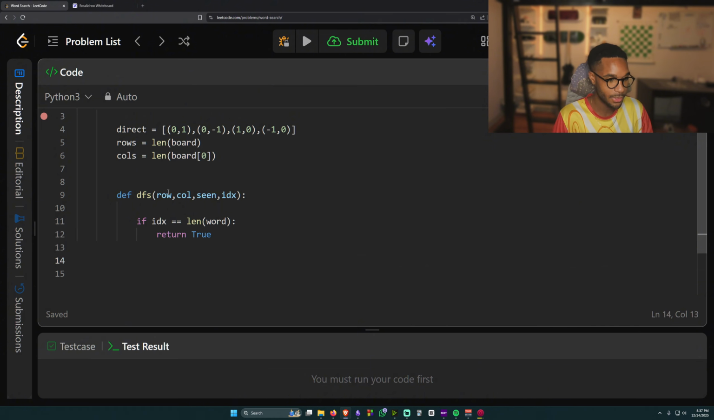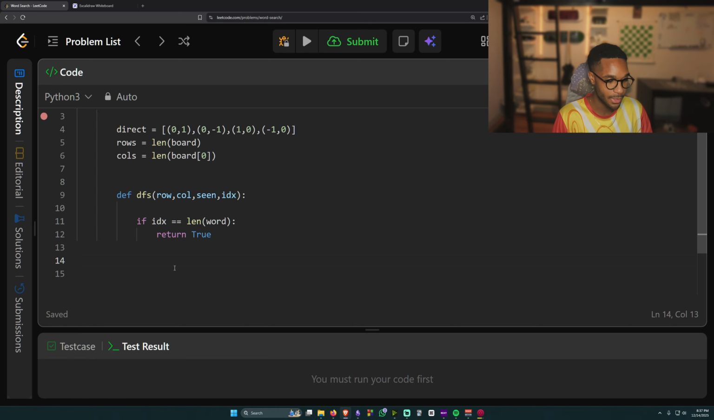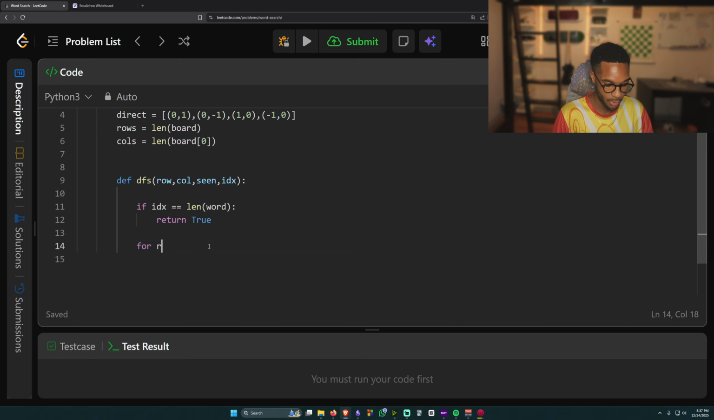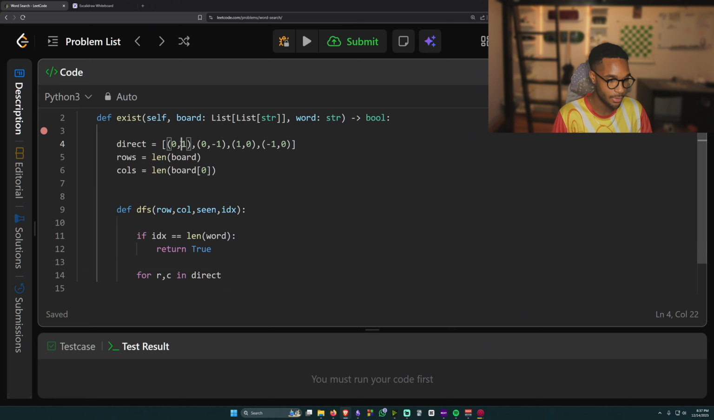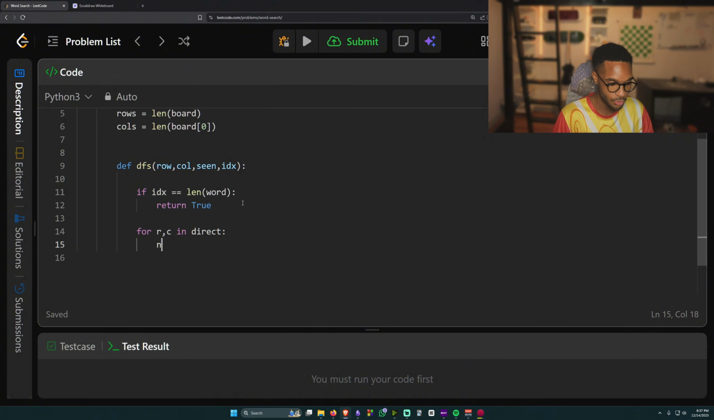Next, if we're given a row and a column, that means we're plopped onto this board. We need to look up, down, left, and right. So what we do there is say for r, c in directions. So that's going to take in the row and the column. And we need to say new row, or nr for new row, equals the row plus r. And the new column will be the same thing. So new column